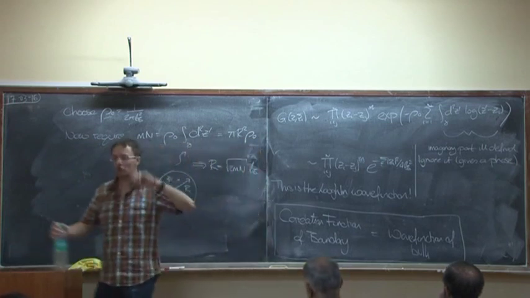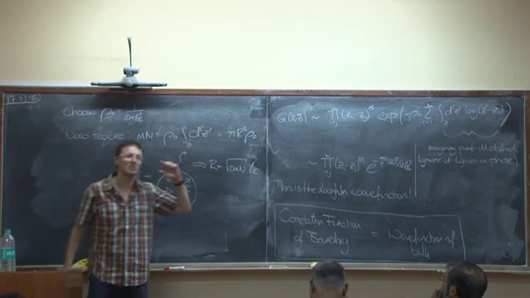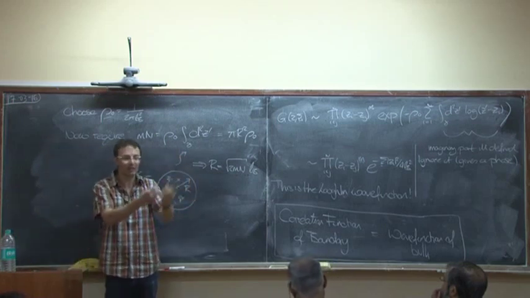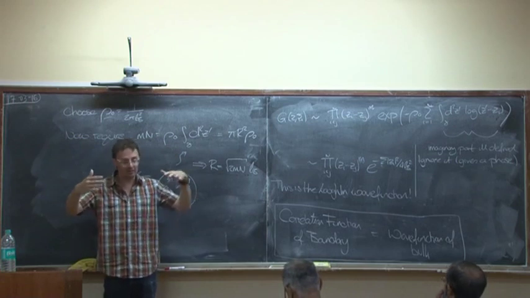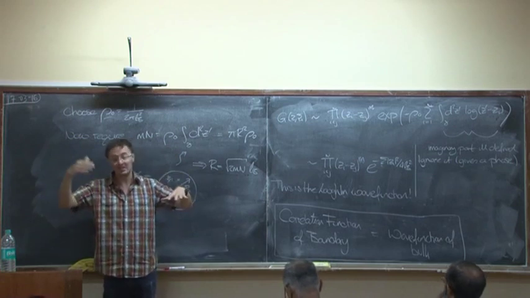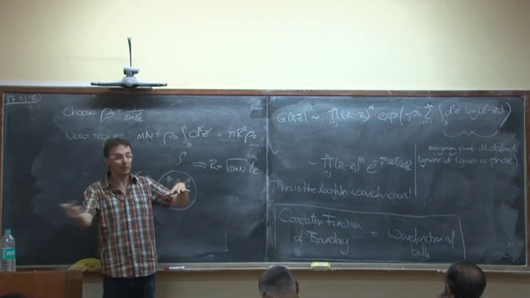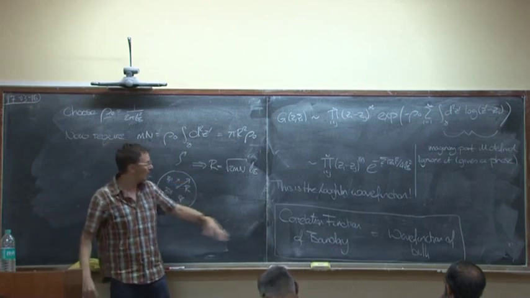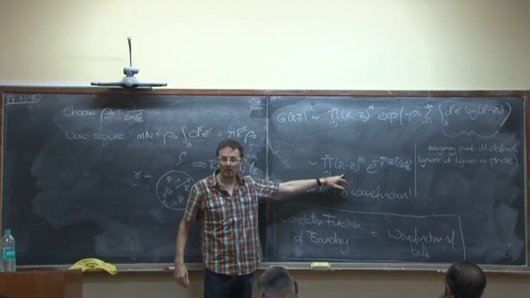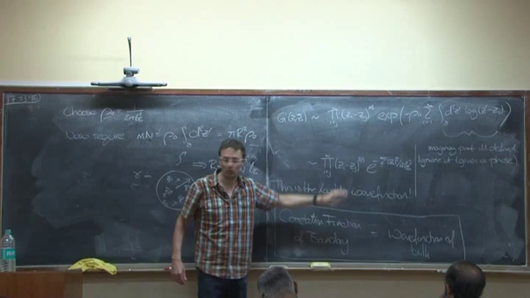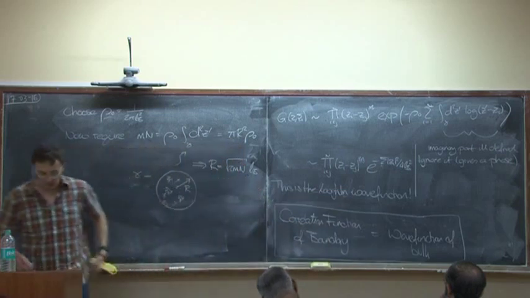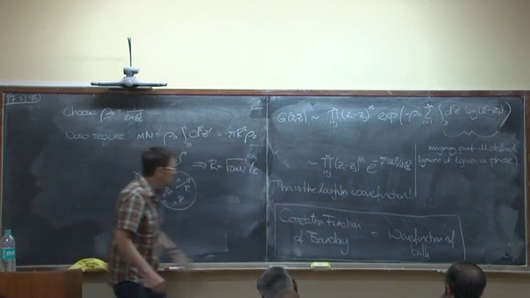Okay, so we've gone through this long journey, and suddenly we come back to exactly where we started. We started by guessing wave functions for electrons that gave rise to quantum Hall fluids. We then tried to think of effective theories that captured the same physics. We then look at the boundary, and we see that actually the boundary knows about the wave function we started with. Let me say a few words on this.